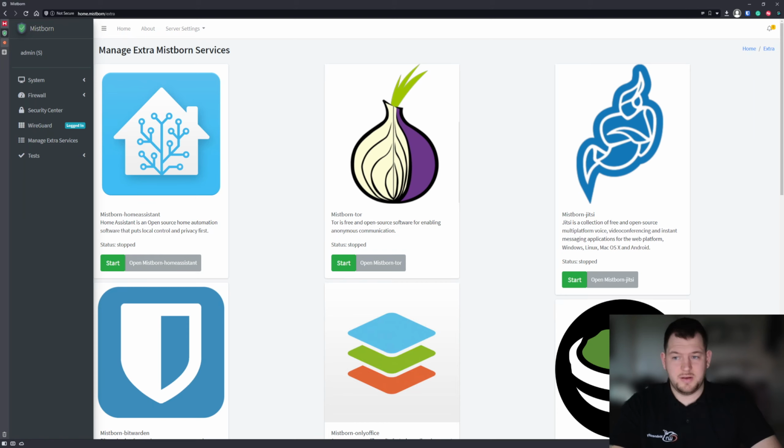And in the next part, we will talk about more advanced things you can do with this Mistborn installation: how you can set up your DNS level ad blocker, where you can add more blocking hosts, and also set up DNS over HTTPS that will communicate only with the Cloudflare DNS,